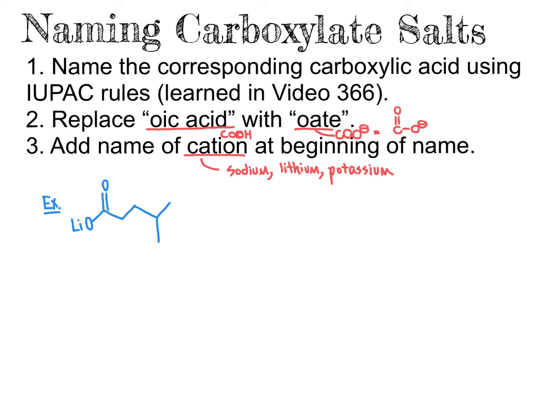In order to name this, going with the first rule here of naming the carboxylic acid using the IUPAC rules, what we will do is we will name it as if this lithium were instead a hydrogen of a carboxylic acid. So for step 1 of the nomenclature system, what we do is envision that COO- lithium plus is a COOH group. If this was a carboxylic acid,